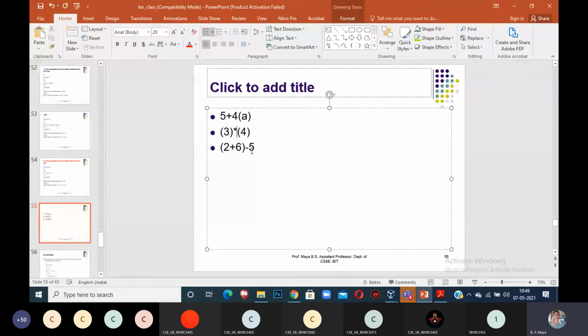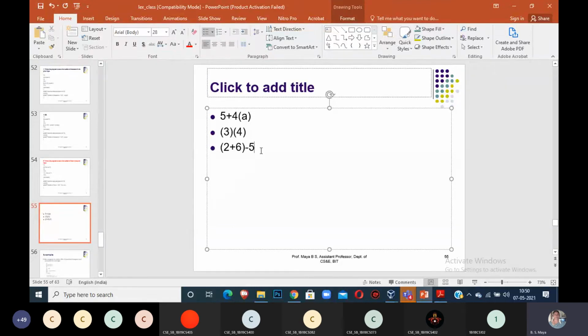Then I have to give it. The second expression is invalid, right? The number of open parentheses and closed parentheses is correct. It is integer only. But what is the mistake here? Operator, ma'am. Between open and close there is no operator. Yes, then it is invalid, right? What about the third expression?